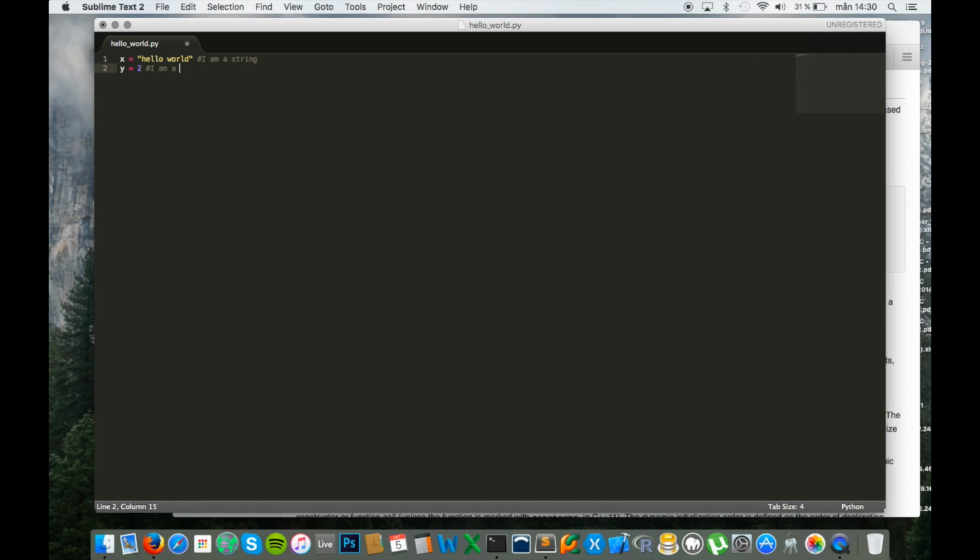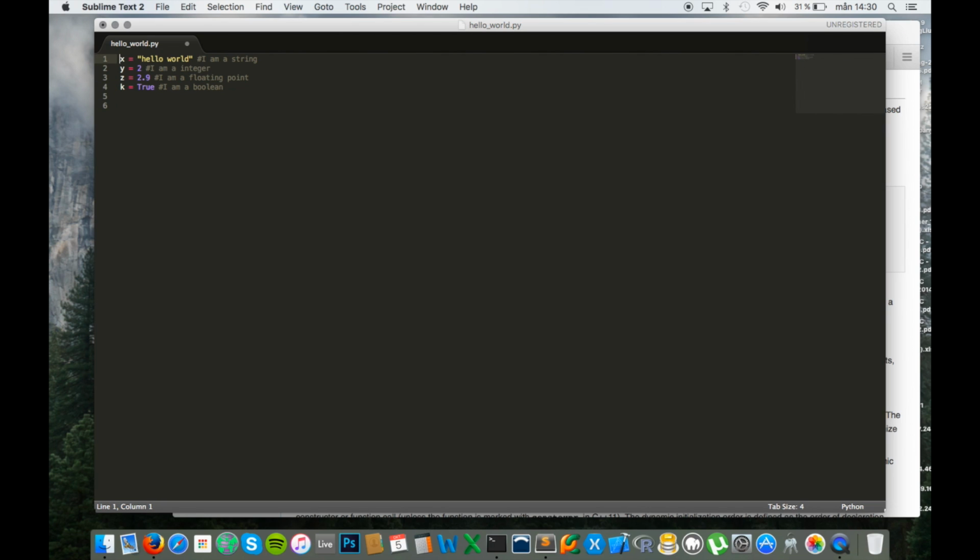I am an integer. z is equal to 2.9. I am a floating point, and then k is equal to true. I am a boolean.